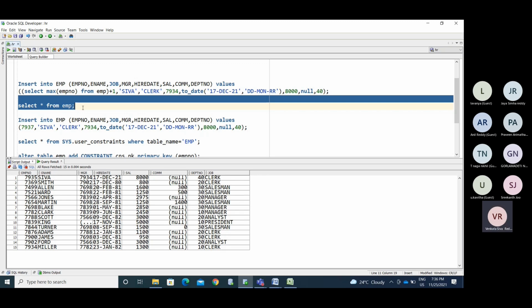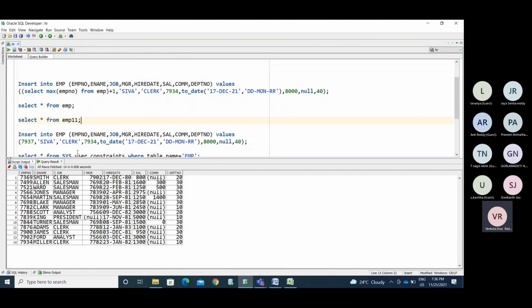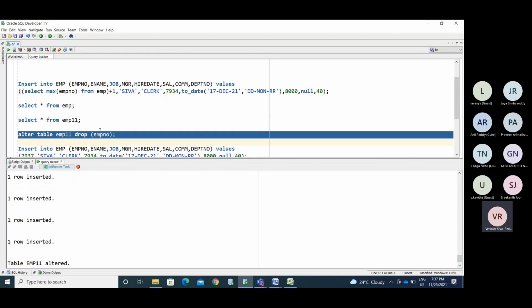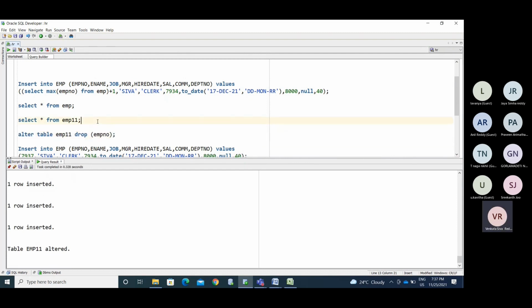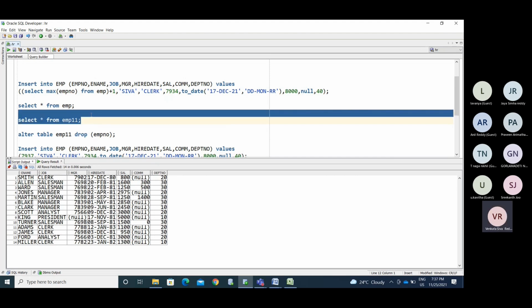Okay, we have select star from emp_11, right? Yesterday we created that. Now we have the 14 records here. Now I'm dropping the column with alter table emp11, drop the number column. Now I dropped that. Now we have 7 columns. Okay, now the client won't provide the account number information for you.